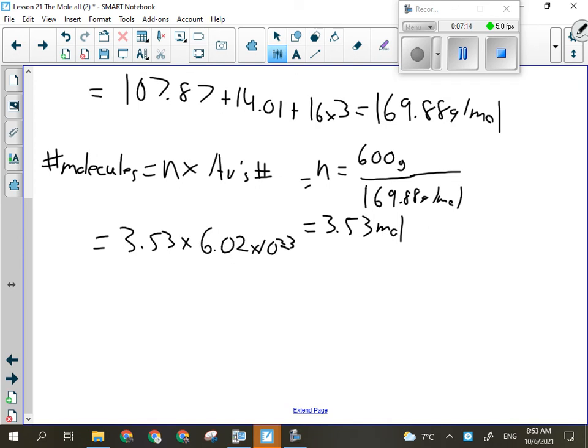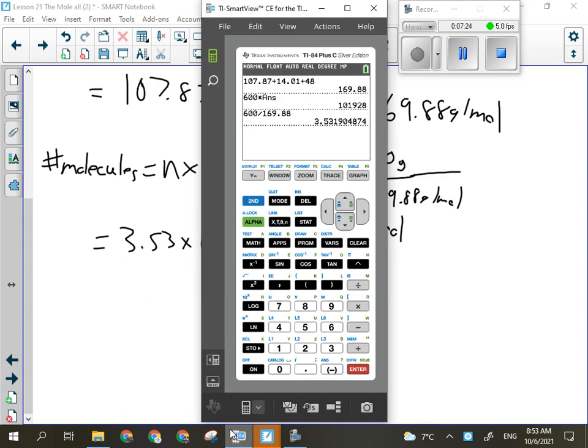Now, how do you punch that number into your calculator? I'll show you. Okay. If you have any of the TI 80 through whatever number we're on now, here's what you do. So I'm going to take this number here, and I'm going to multiply it by Avogadro's number. Regardless of what kind of calculator you have, you need to put Avogadro's number in brackets, okay, so that it's isolated all by itself. So brackets